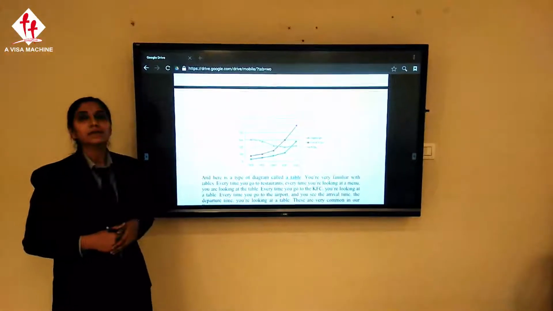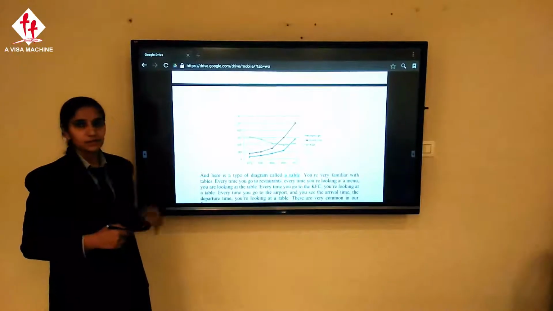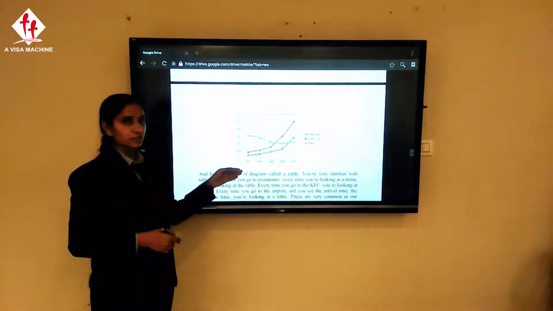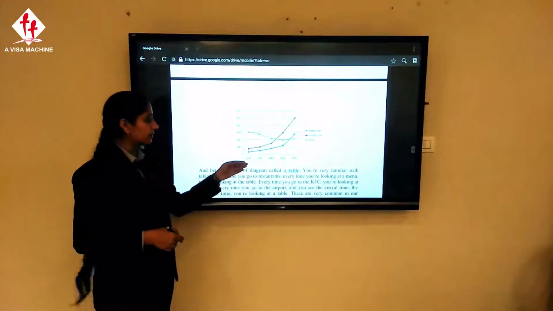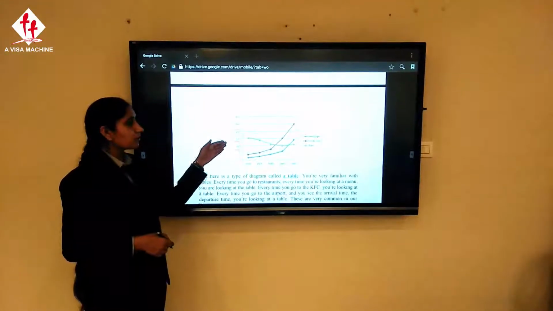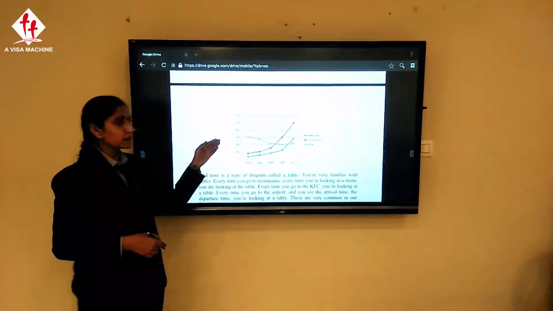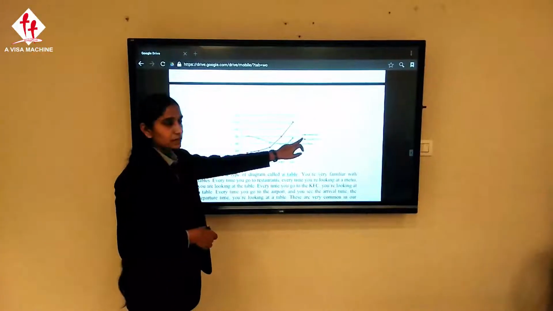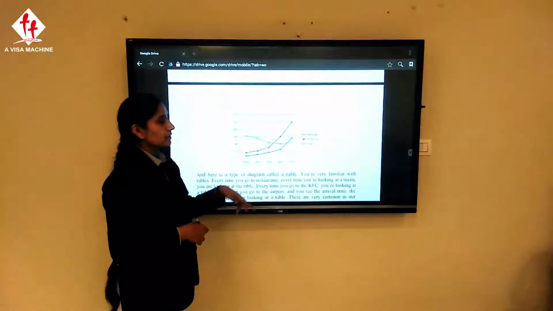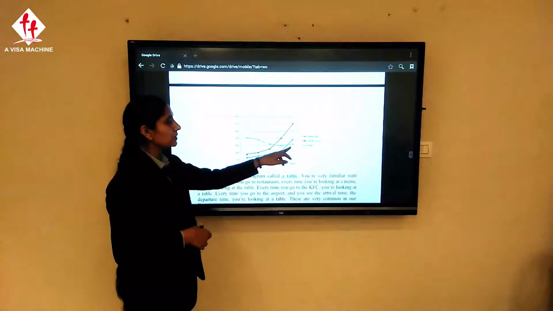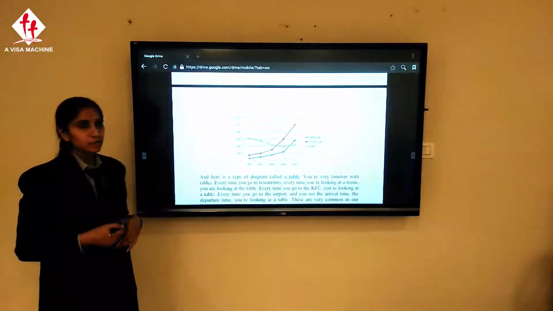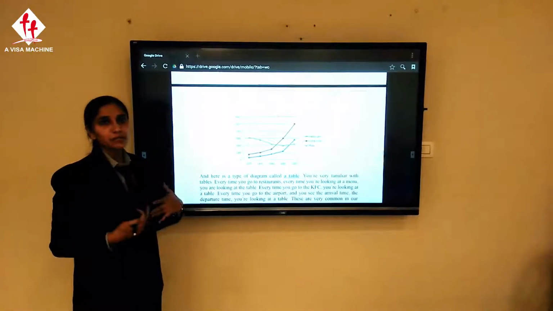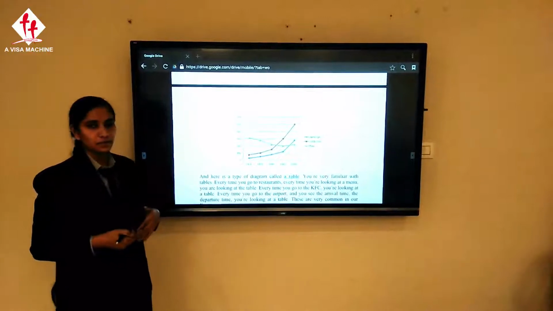Here is another type of diagram that is known as a line graph. We can also call it a linear graph. In this, we have to write the information according to the time periods that are given, and the data is also given vertically. In this one, they are providing 3 lines. The first represents the consumption of hamburgers, the second represents the consumption of fish and chips, and the third represents the consumption of pizza. Here we have to include their consumption; we can't write any unnecessary information.